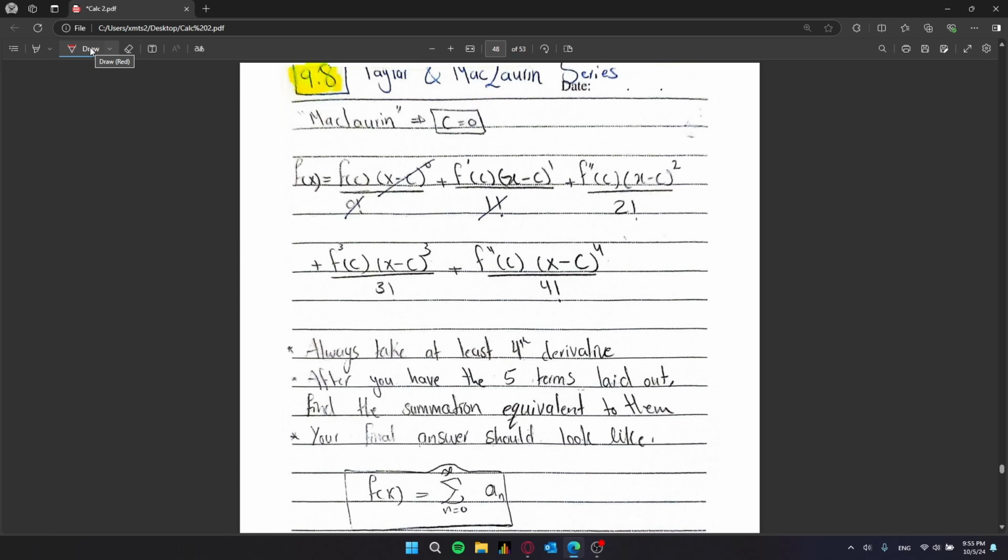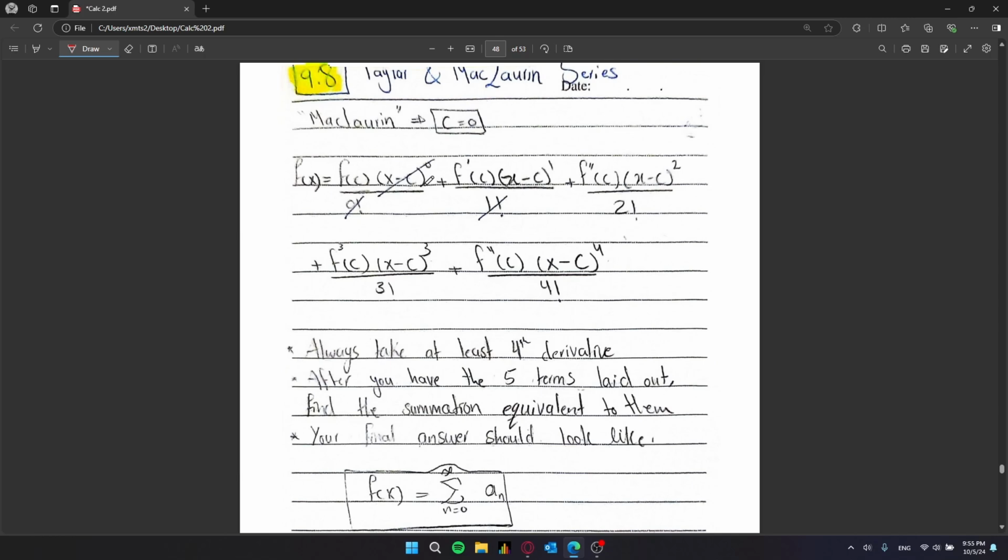So, when you have a function that is expressed as f of some value c multiplied by x minus c to the power of n divided by n factorial, this is going to be your function. And the function is going to be the summation of the derivatives of that function. It's going to take a lot of solving. For this lesson you should get ready to use a lot of ink or graphite,